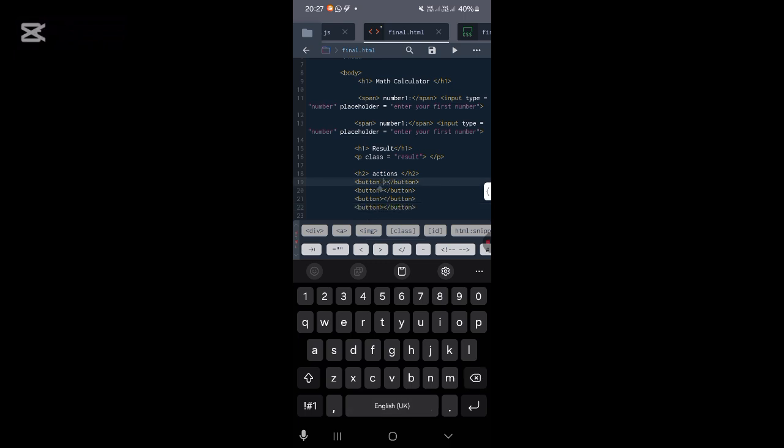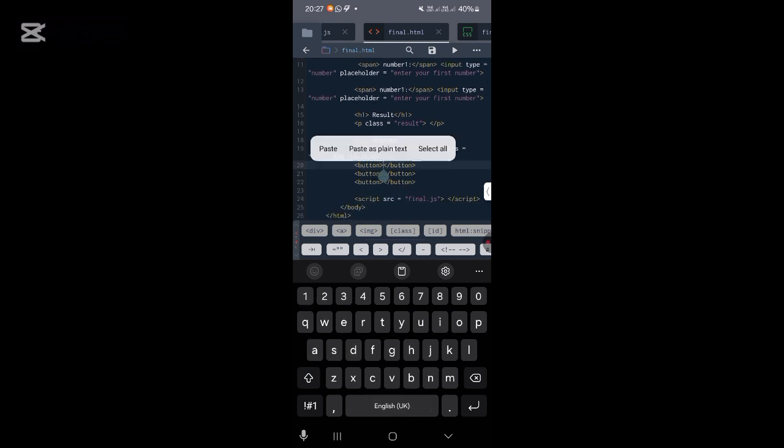So I think we can specify the type to just be a button, and I want to give it a class of what? I want to give it a class of add. Yeah, that's the first button. And what do I want to call it? I want to call it add. Yeah. And for the second button, similarly,